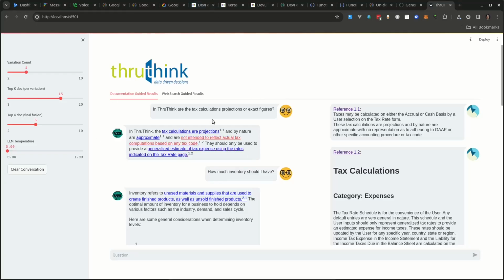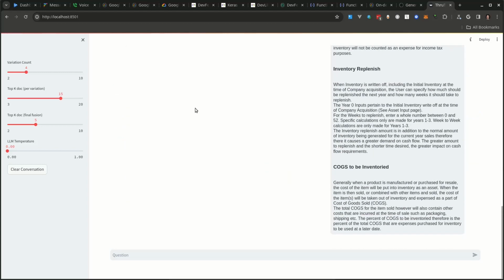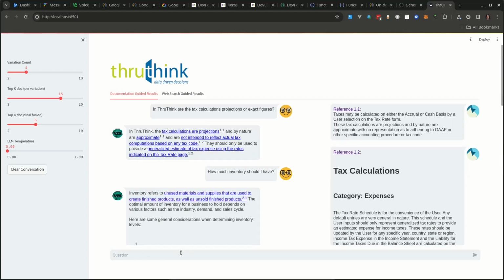So here I already issued some queries. You can play with all of the parameters here, not all, but most, I think, which are slider parameters. I have two separate tabs for the web and the document guided results, but both of them feed from the same question. And as you can see, I spent a lot of time making the Streamlit platform smart enough to augment,